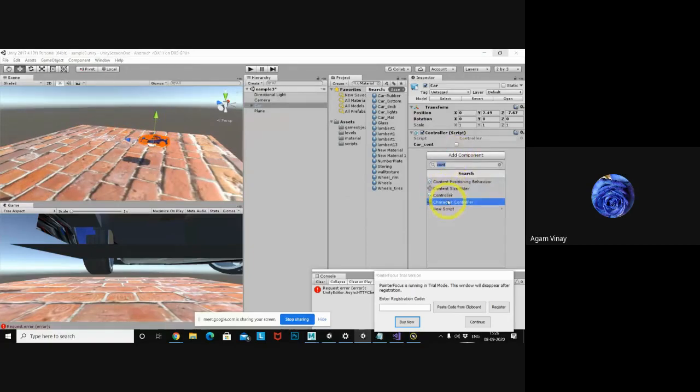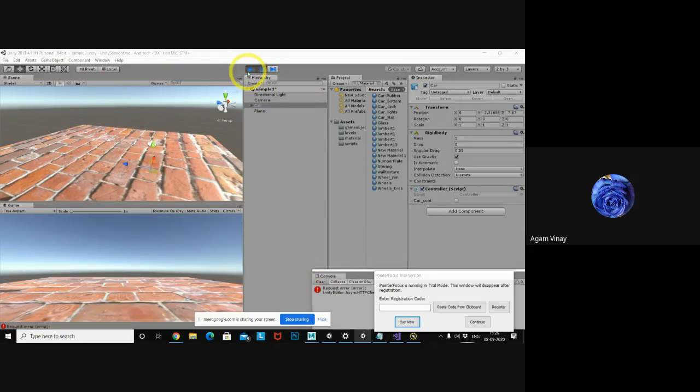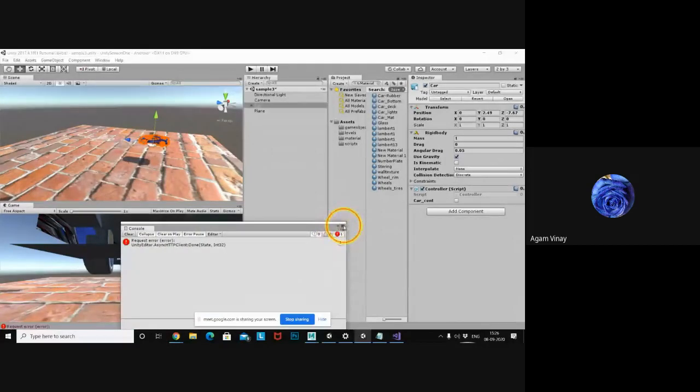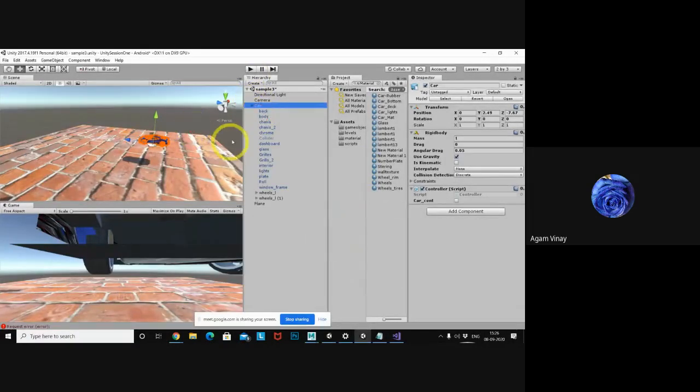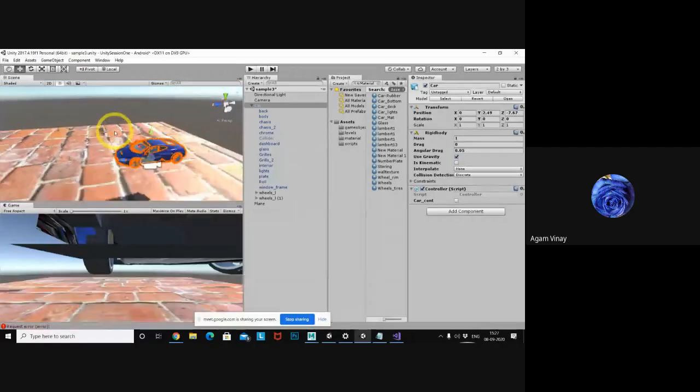If I have a rigidbody, so here is the problem. Collision is not applied for the car so far. That's the reason the car is falling through the plane.